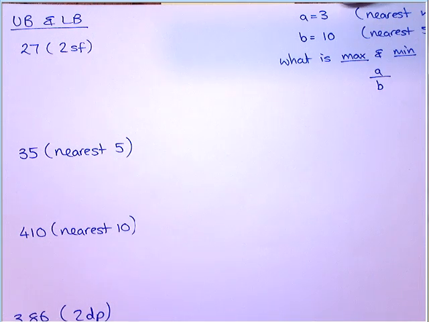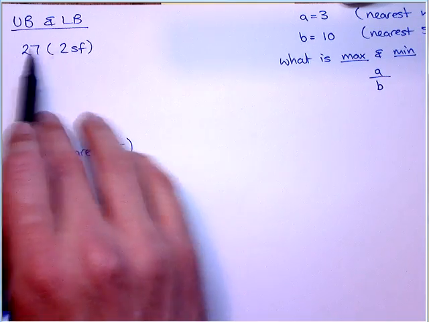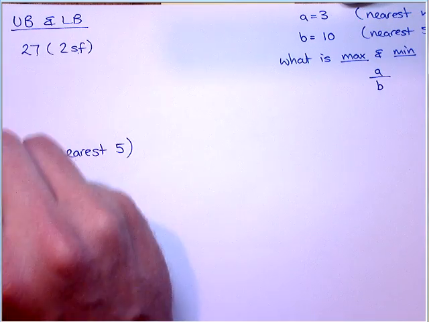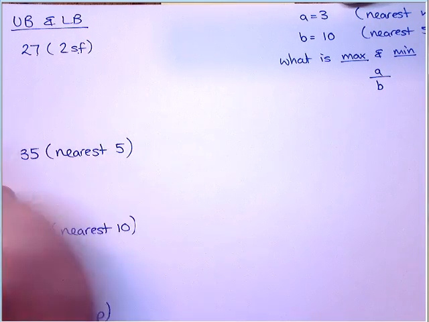Hi guys, now it's time to look at what we call bands and upper bands and lower bands. So the first skill we're going to learn is how we write things in lower band and upper band. So we're told 27 is rounded to two significant figures, and we could be asked what is the lower band